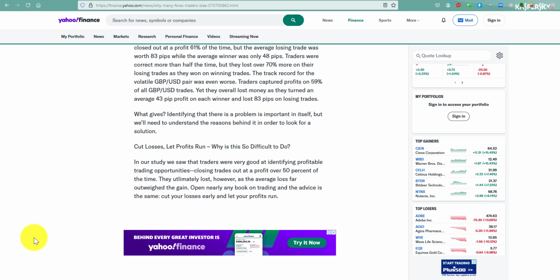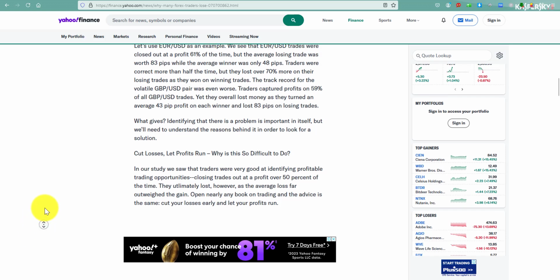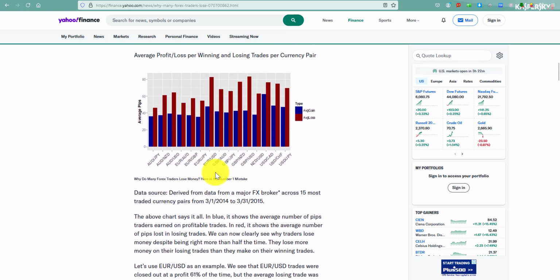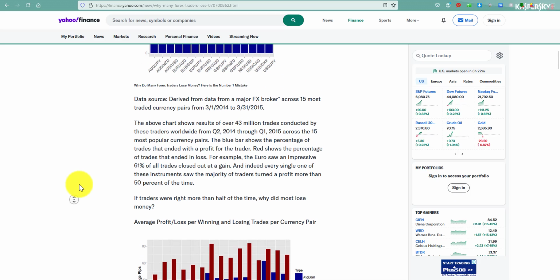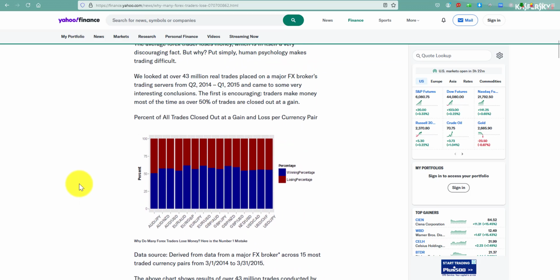And I said to him, that's crazy. So you're just letting any random person come in and trade your fund? He goes, yeah, they always cut their winners short and let their losers run. I couldn't work with this guy because he was so dishonest, but I did think that was pretty funny.